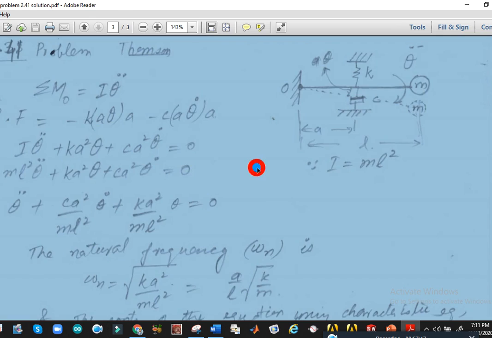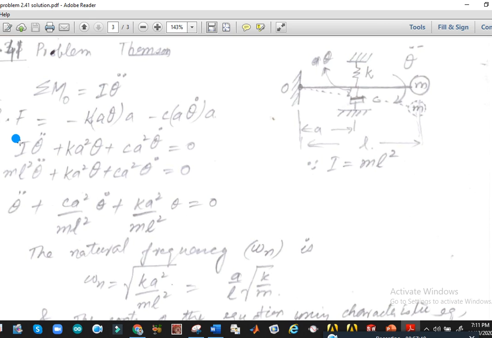Okay, now in this case we have to put the value of I, the inertia. In previous slides I have explained the concept of inertia for the rod. For example, when we have a point mass and when we do not have a point mass at the end of the rod. Here in this case we have a point mass at the end of the rod, and I is equal to m l square for this case, where m is the mass and L is the total length of the beam. So what is the total length of the beam? That is small l. So we are using I is equal to m l square here.